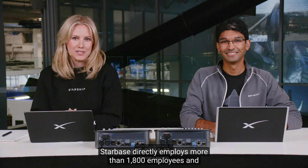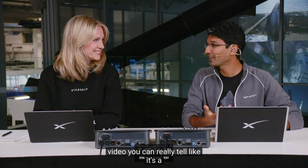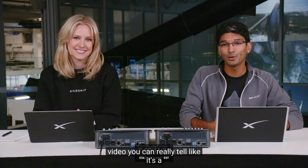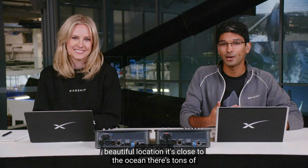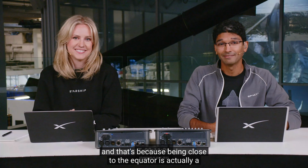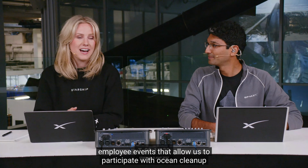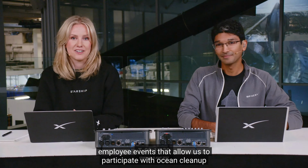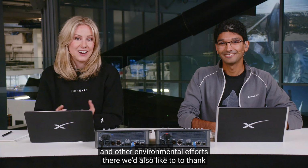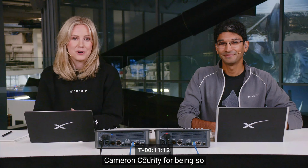Starbase directly employs more than 1,800 employees and is actually the largest employer in the area. Yeah, and from that video, you can really tell, it's a beautiful location. It's close to the ocean. There's tons of wildlife. And that's because being close to the equator is actually a fantastic way to get to orbit. Yeah, I love that we have so many employee events that allow us to participate with ocean cleanup and other environmental efforts there. We'd also like to thank Cameron County for being so supportive for all of our work